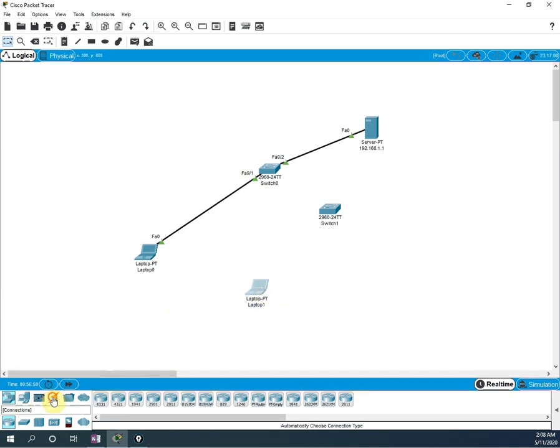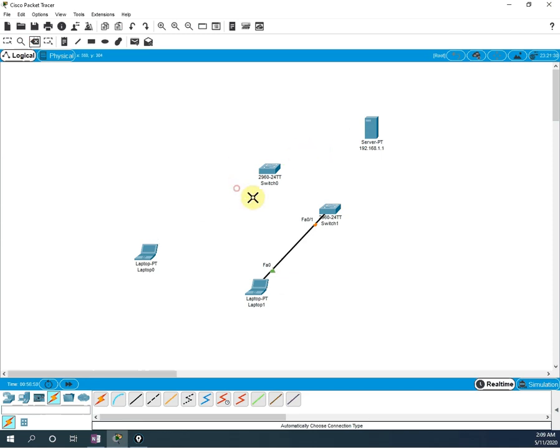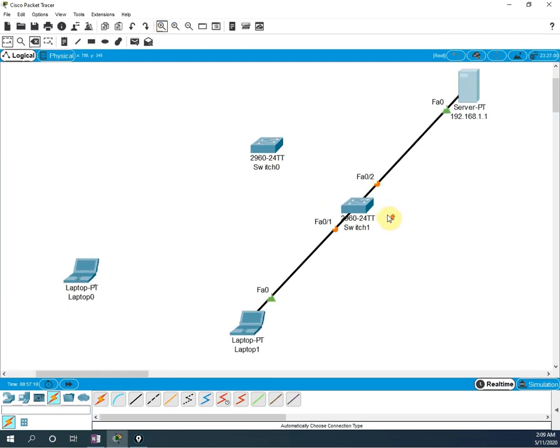Let me connect this PC to this switch, and I will take this server only because I already configured the IP address. That's why I'm taking this server. Assume this is a payroll server. Let me maximize this one. You can see, right? So this is the IP address. For simplicity, for a simple lab, I created this one. Later if you want, you can do more scenarios like creating VLANs and many things.